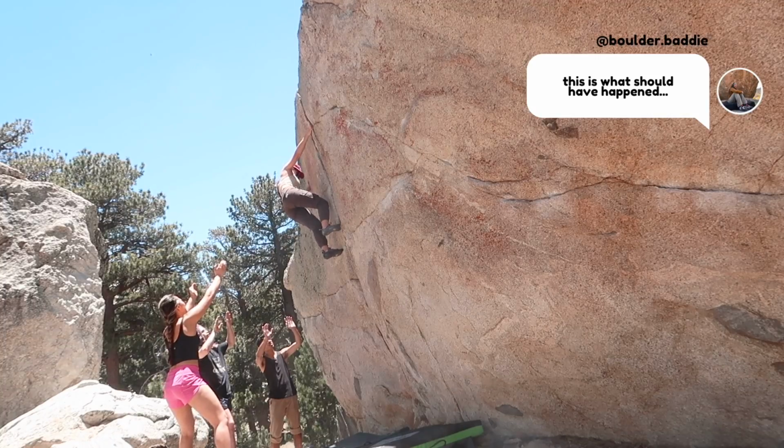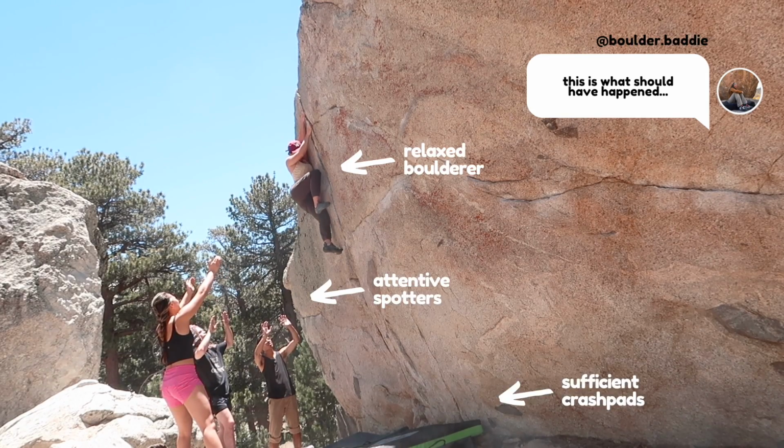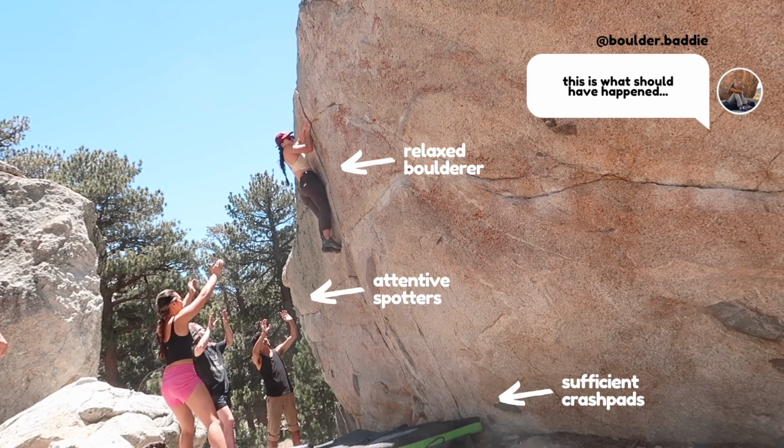So the first time that I went outdoor bouldering, I climbed nothing. The person that I was going with at the time didn't really have a crash pad, and they left me to spot them at the bottom of a boulder that they were climbing with their approach shoes. So needless to say, I didn't have quite the experience that I wanted on my first outdoor bouldering trip, but